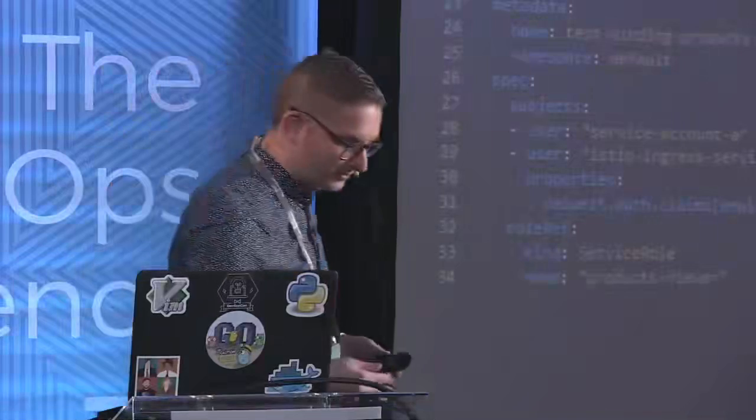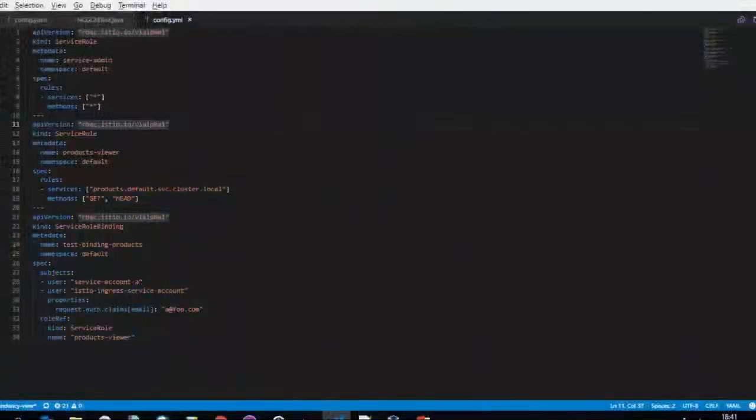Everyone loves reading YAML on a PowerPoint slide. So I thought I'd show you an example of an authorization policy for Istio. There are two concepts shown here. Istio works on an RBAC model, so role-based access control. The two YAML entries at the top define roles. The one at the top is an admin role. The admin role can do everything with all services, which is probably quite open. You probably wouldn't want an admin role quite like that. But the second one's more interesting. The second one identifies a single service and the HTTP methods that are allowed to be executed on it. And so it's specific to this service.